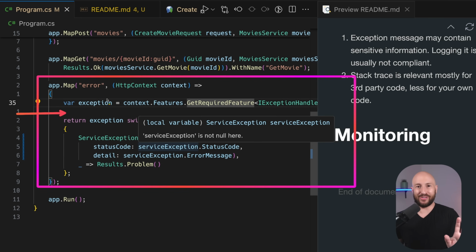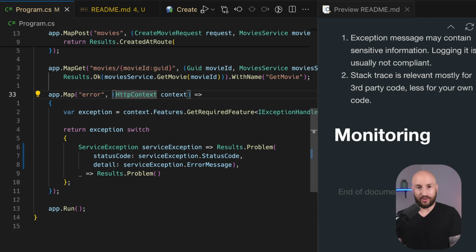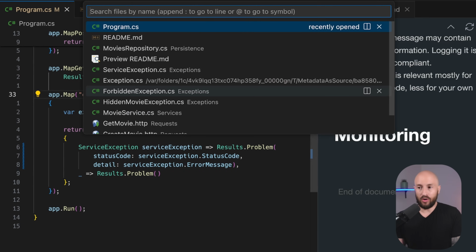Now, let's imagine that you're sitting at home and you're somehow convinced by my amazing arguments, which I think you should be because there's a reason why I'm talking about this passionately. So let's say that you're convinced. What is the alternative to using exceptions? Well, that's actually pretty simple, and that is the result pattern. The result pattern is actually a very simple idea in which you return an object that can be in one of two states, either success or failure.